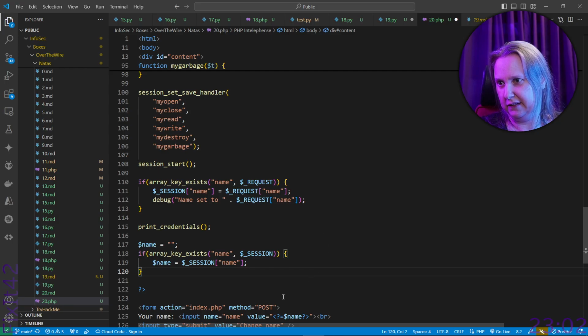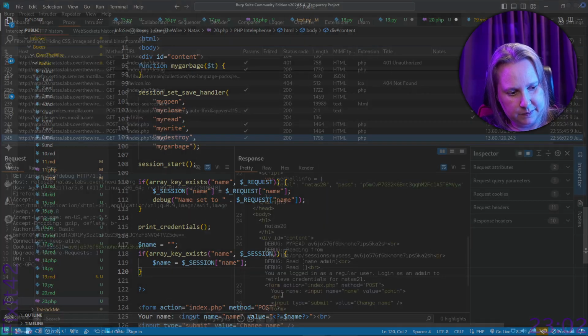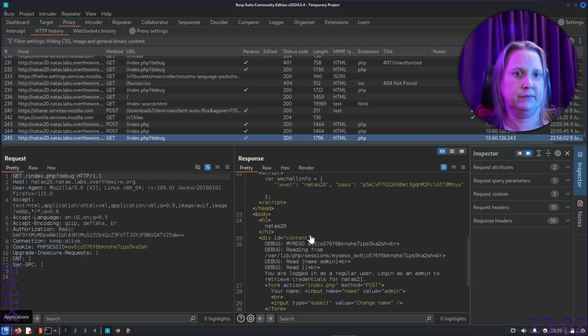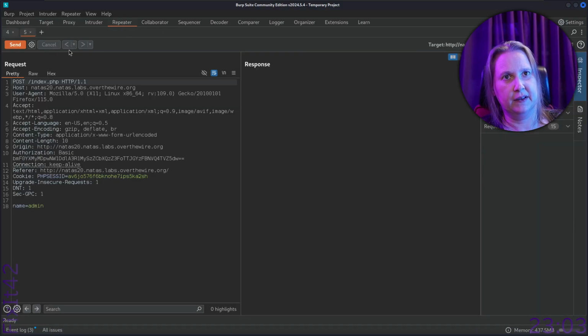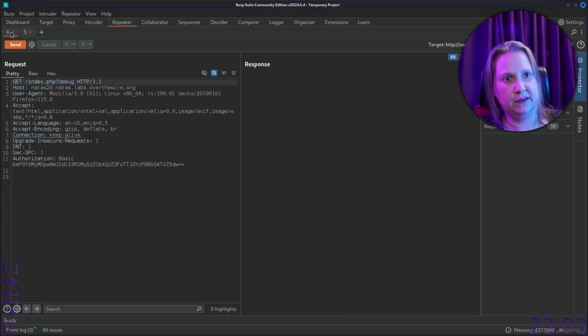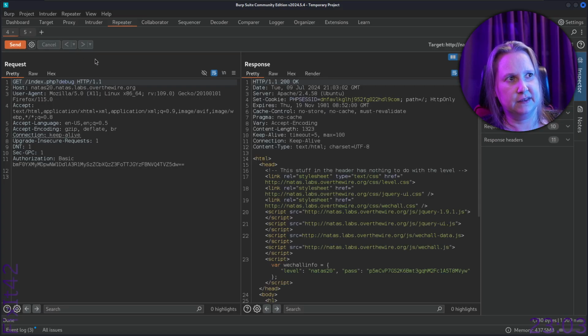And so we just sent them to repeater, two requests. One was a basic first one, right? Let's send it. So we got the cookie here,